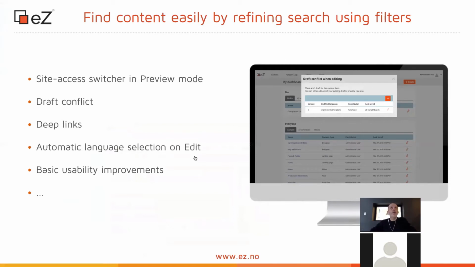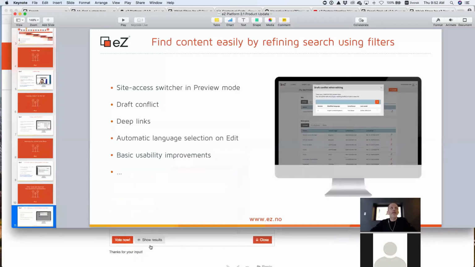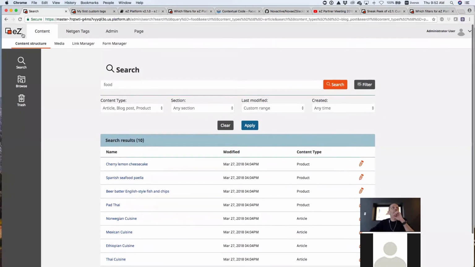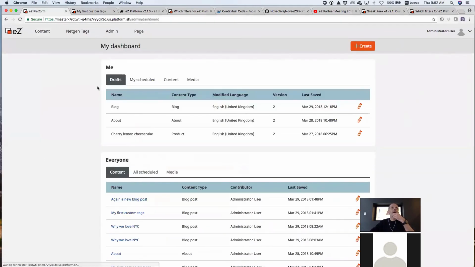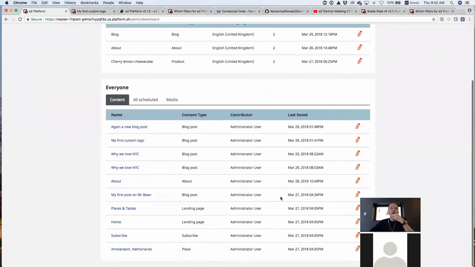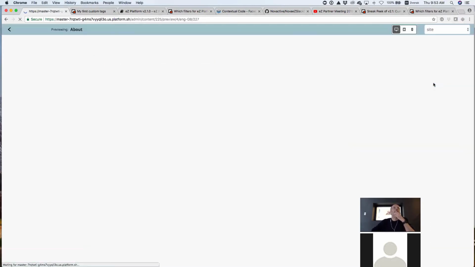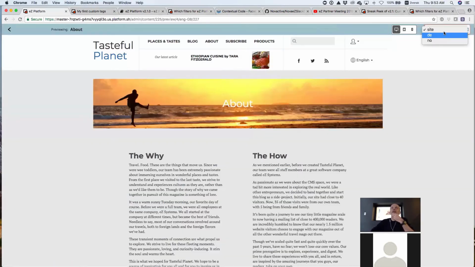This is basically about letting the users, when they are in edit mode, let me get back to my dashboard, and when I'm working on a specific page, and I'm previewing this page, I now have access here to a switcher which will let me look at how the content would look in different site accesses. So here, I'm only having translation site accesses, so it's not necessarily the most relevant example, but